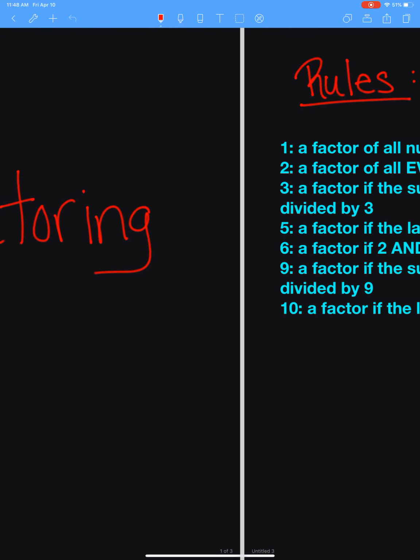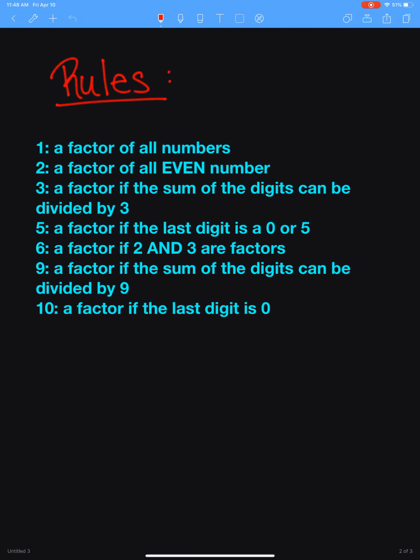When we factor, there are some basic rules that we can use that'll help us to know if different numbers are going to be a factor of the number we're looking for. 1 is a factor of all numbers. You always know 1 will work because 1 times any number will give you the same number. 2 is a factor of all even numbers. So if the number ends in a 0, 2, 4, 6, or 8, you know that 2 will be a